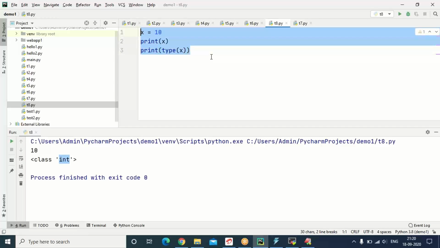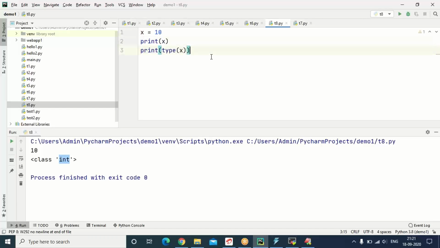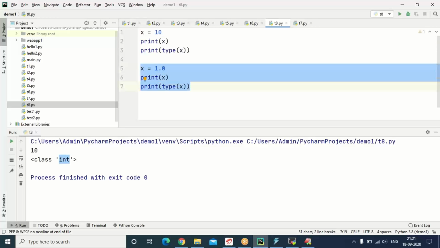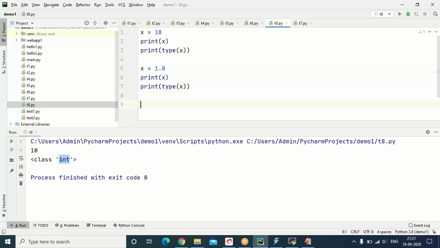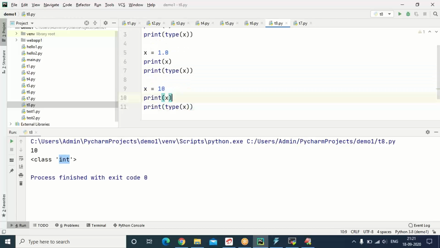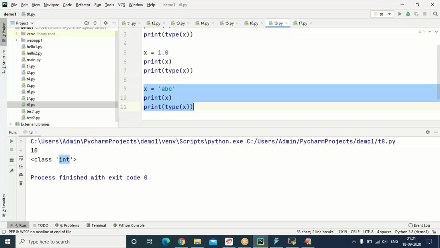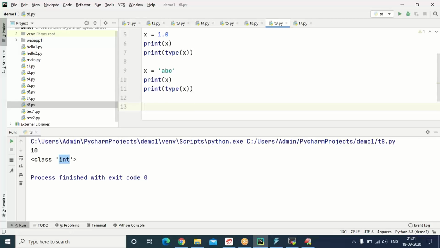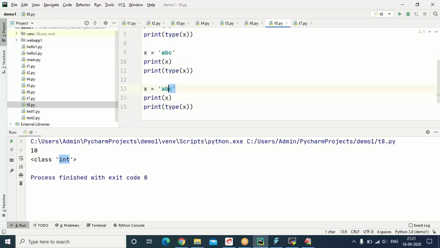Now what I'll do is modify it to a float value. Again, I will modify it to a string value. Again, I will modify it to a Boolean value.